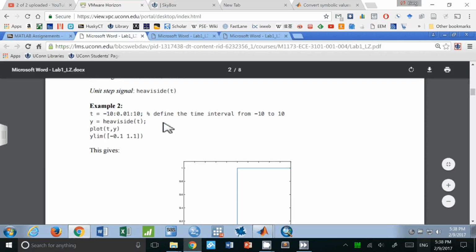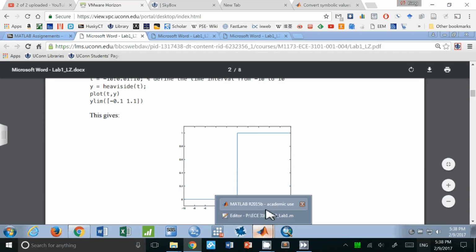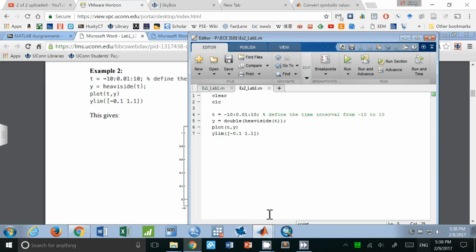So it turns out the Heaviside function defined in the Skybox version of MATLAB cannot be directly plotted because it's defined as a different type. What I did is add this double, so I'll convert the symbolic type of data to the double precision type of data. In this case, we'll be able to plot it